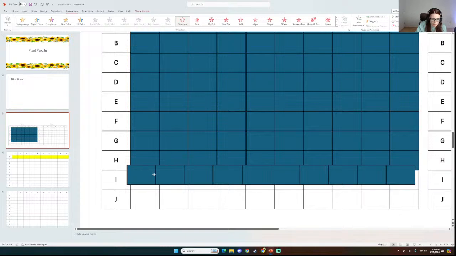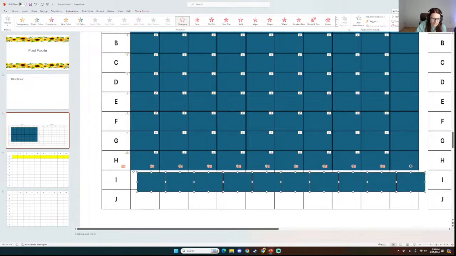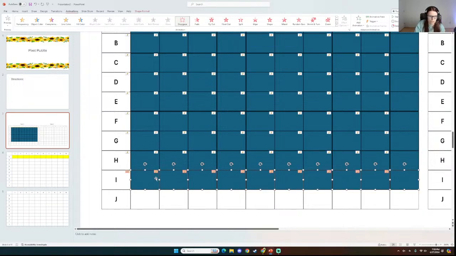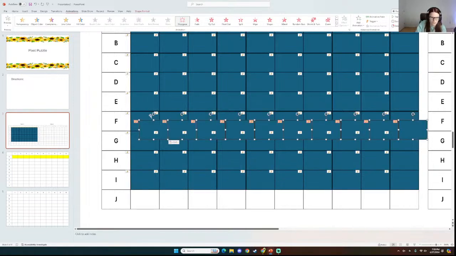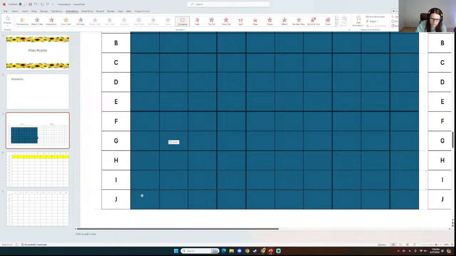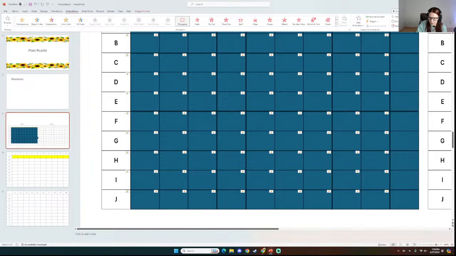It's starting to want to lag because there's a lot of things going on this screen. You just have to be patient if your computer does that as well, because if you don't, you could mess it up by clicking too much. So I'm finally on row J. Line it up, and when I go to present it,